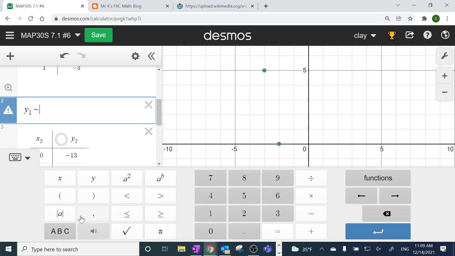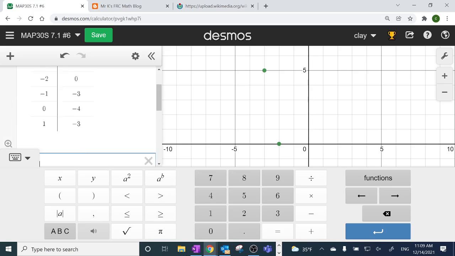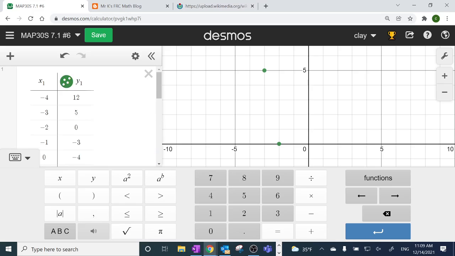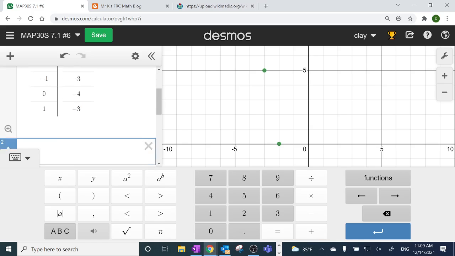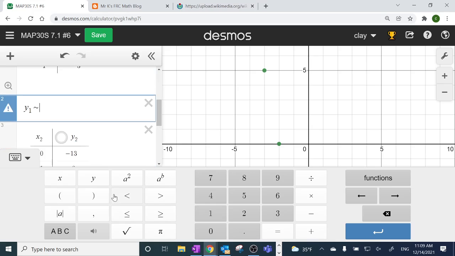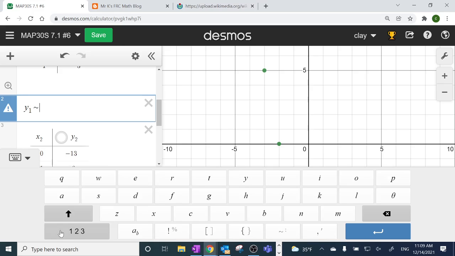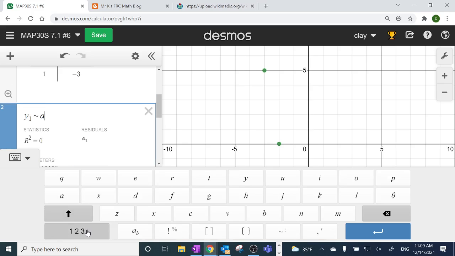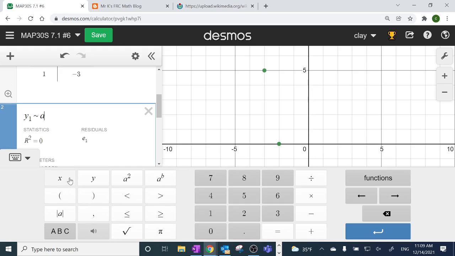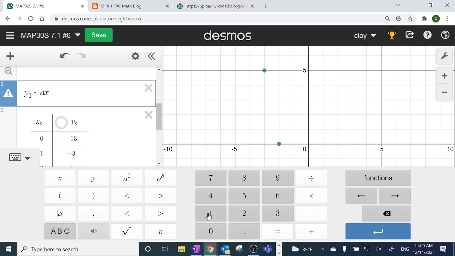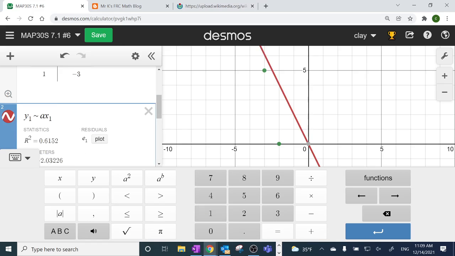Well, it looks like ax squared plus bx plus c. But you have to say which x's you want. You want the x1 numbers, because you could have multiple sets of data. The computer would like, well, which one do you want? So we hit A. I guess I have to actually go back and type the letter A. A x1, it's not an equals, it's an approximately equals, it's a tilde, squared